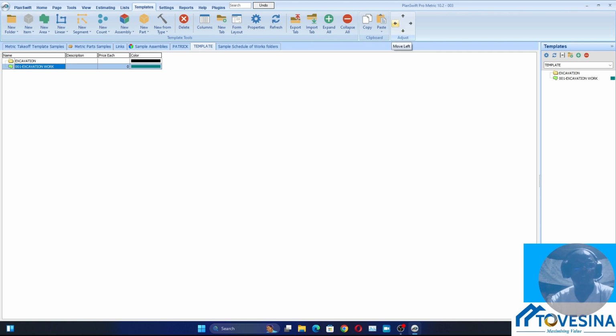So in order to place the template in the folder, we click on the move right arrow. So click on this arrow. Right now, here again, where do we move? Since we've placed this one in this folder, we want to use another